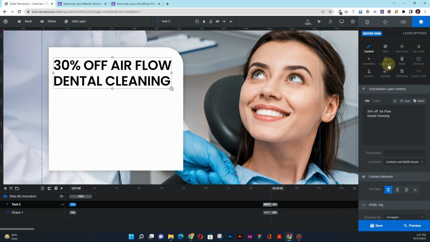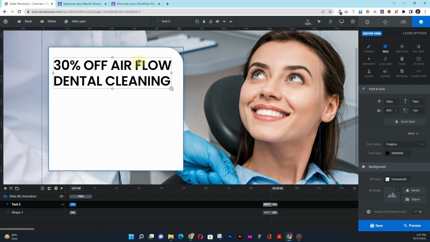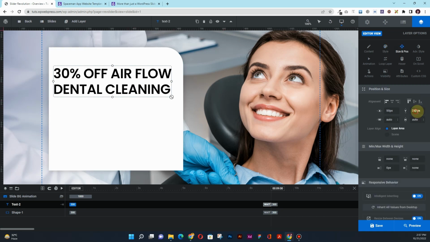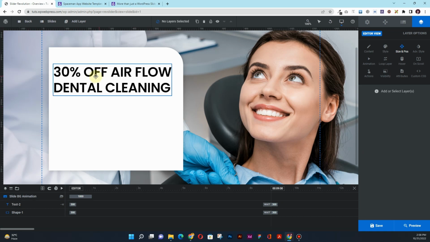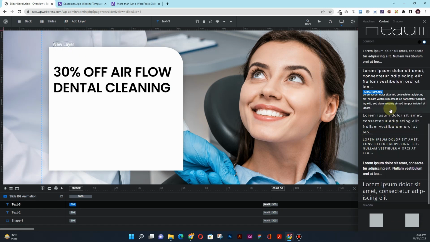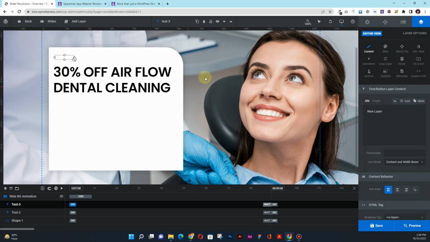The only thing that I want to do is to add some space between the top. So I'll drag it all the way down, like here. I may also change it from here, so maybe 250 pixels on the y-axis, just like this. Next thing that I want to do is to add another text layer, and this time this will be a quick style text. And the quick style text, I want to use this Open Sans. I'll drag it here, and then what I want to do is to double click on it, first of all close this, and then if I double click on this, I'll have this content area, and from here I want to use quality